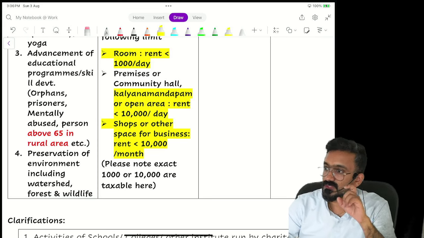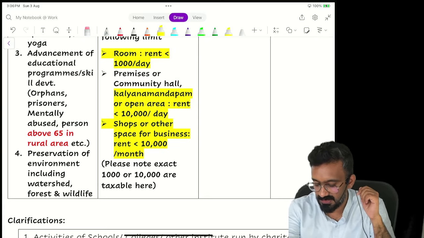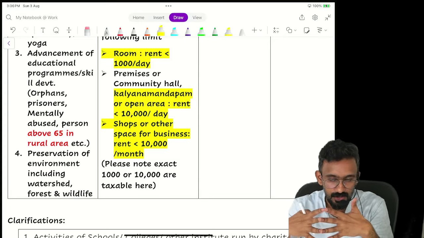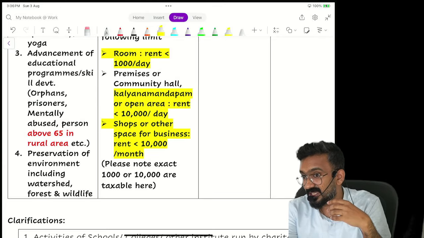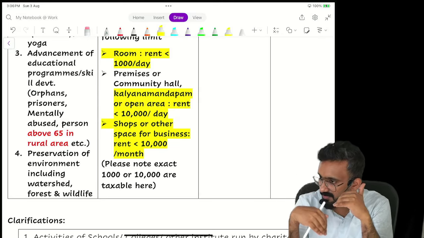Understanding? Okay, this is how the exemption will be available. Now let's try to understand the structure of this. If you interpret this, you will understand what kind of an exemption it is: specified supplier and specified activity. Like there's a rental that they're saying should be within the limit.